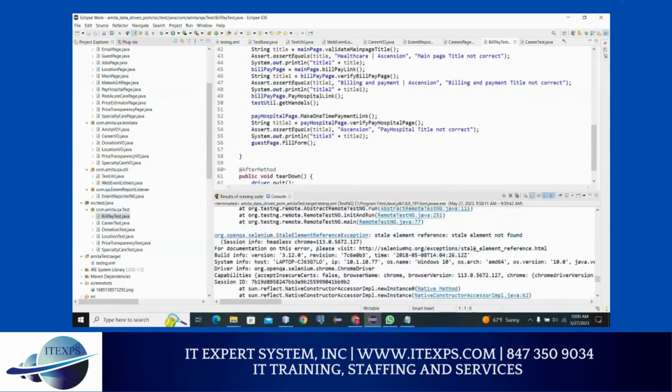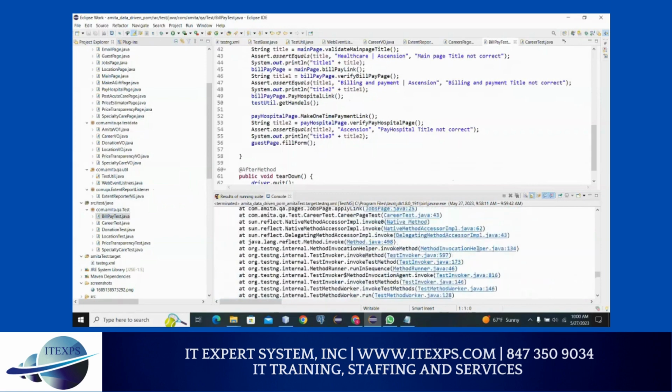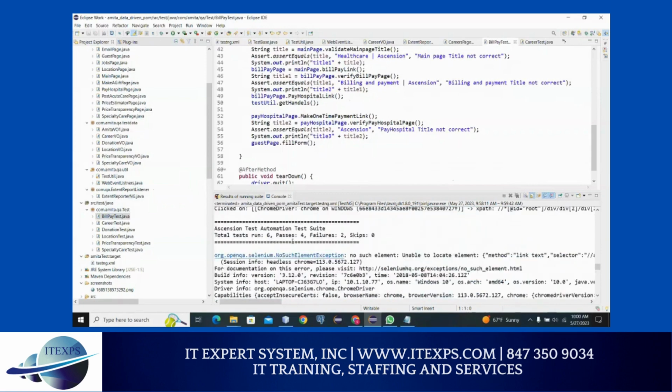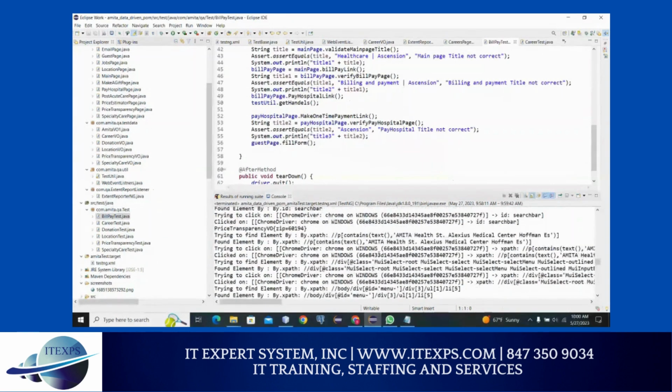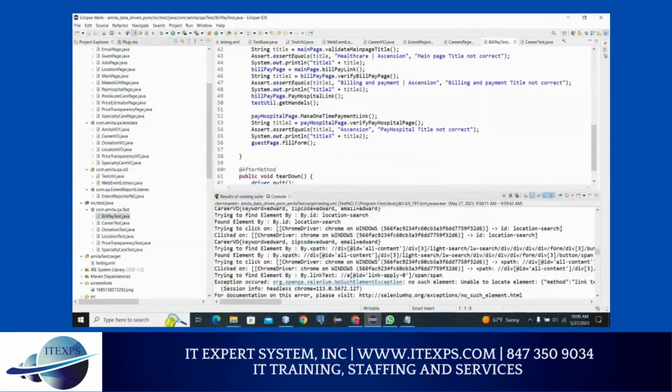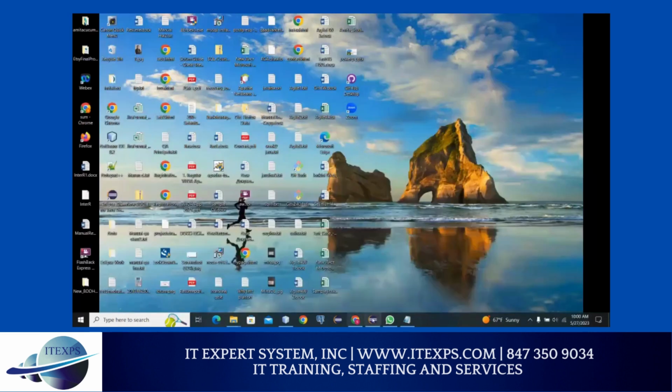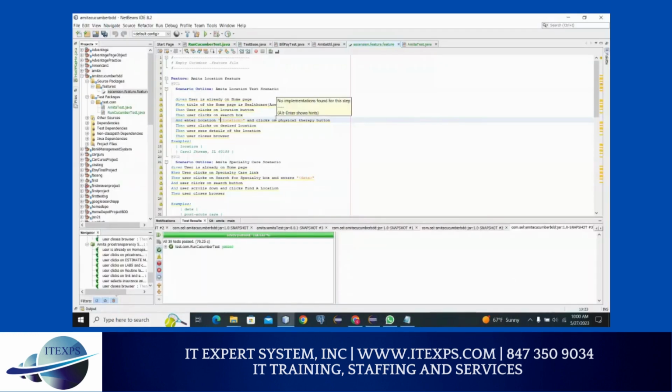And over here, you can see in the console, 4 test cases have failed out of 6 of them. And if you look more in the console, it will tell you exactly where it's failing. So this was for the page object model with the data-driven approach. And this is our structure for